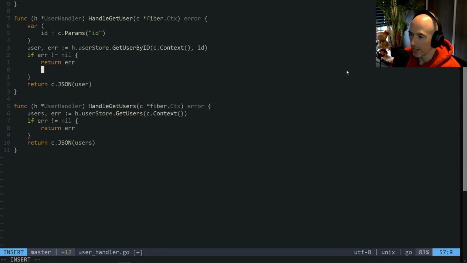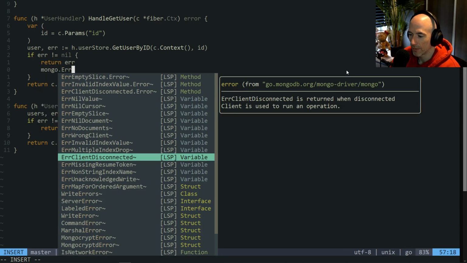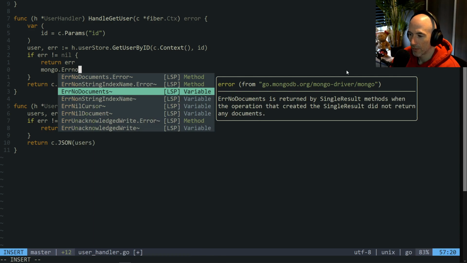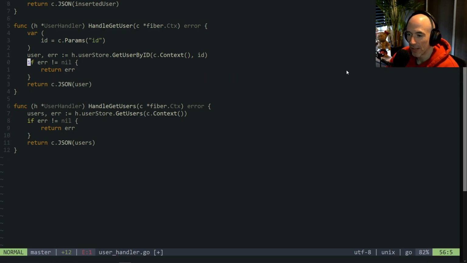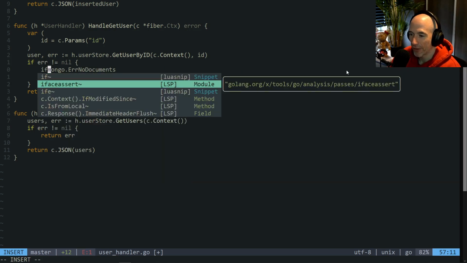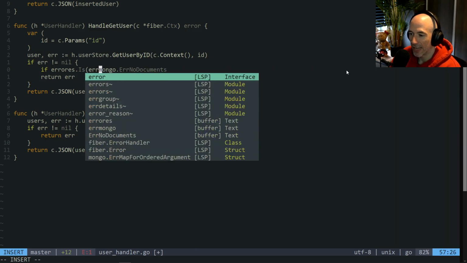Let me try something. Error no documents. Error no documents is returned by a single result method when the operation that created the single result did not return any document. I think we need this error. So we're gonna say if the error is not nil, then we're gonna say if errors is this error,